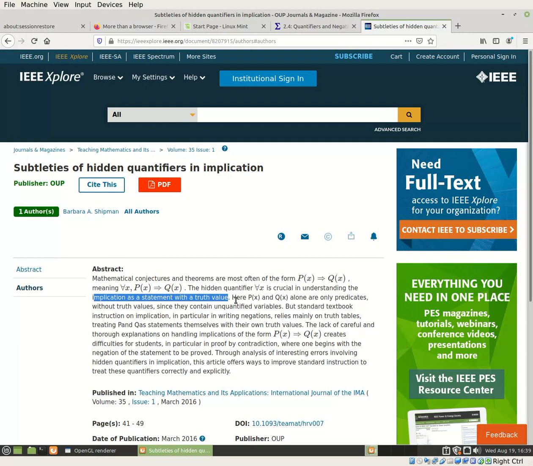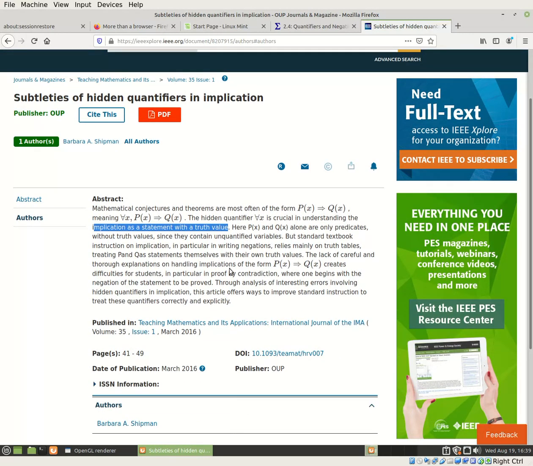So if you're interested, then you can go look up this paper, Subtleties of Hidden Quantifiers in Implication, by Barbara Shipman, and what she says there. So in fact, what we have here is a hidden quantifier, and I'm going to write this hidden quantifier in brackets. Actually, it should go here, so that it goes like so, so that